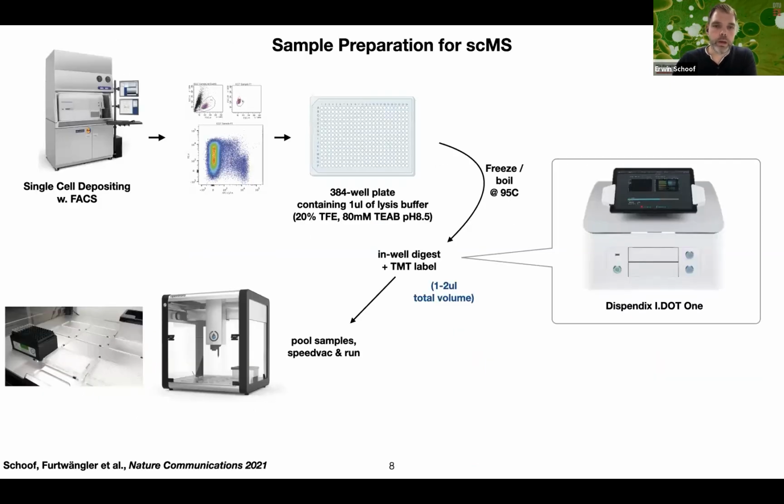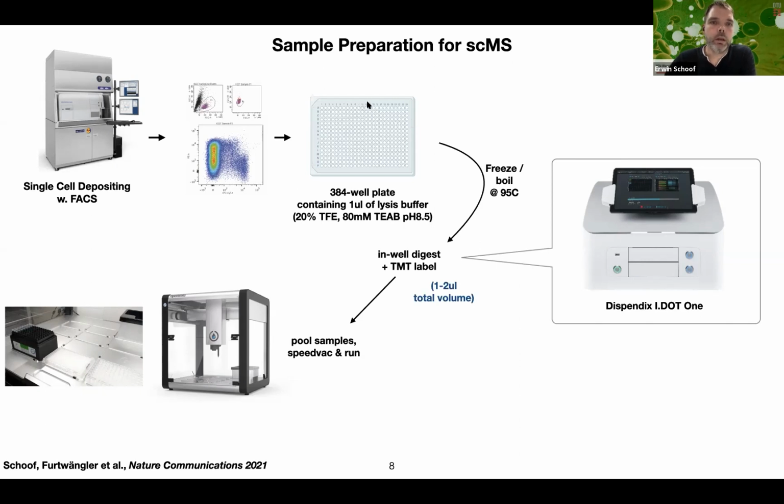So how do we prepare these cells? We were very keen on using FACS sorting so that most research institutes who have such a machine can use the workflow, while also being able to record the FACS markers that you might be interested in. In the field of hematopoiesis or immunology, we are quite capable of finding specific cell populations based on their surface markers. So we can record this information as an index sort while depositing the cells into a 384